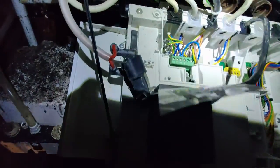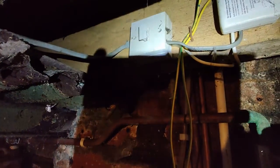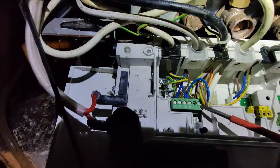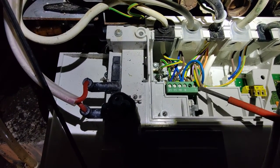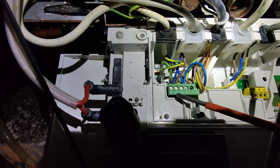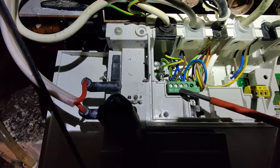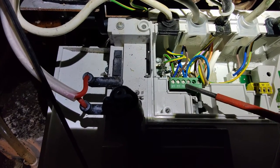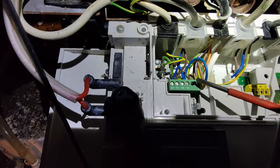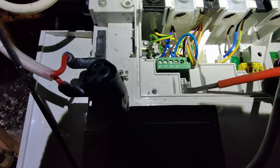So what I checked using my multimeter, once I've replaced that fuse, because that was a 13 amp fuse as well, so I put a 3 amp fuse in there. Check the incoming voltage. Sorry, it's a bit dark, I'm in the basement. Between live and neutral, I had 230 volts. Then I checked between the live supply that's going to the receiver for the programmer, and neutral, and there was no power going to the receiver. So the board is actually not giving any voltage out, although it's receiving voltage, and none of the lights were on. So straight away I checked the fuse, which is just there,